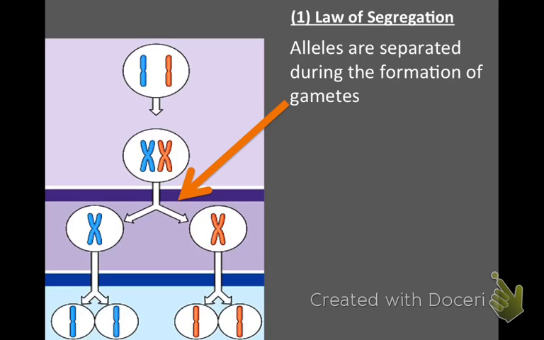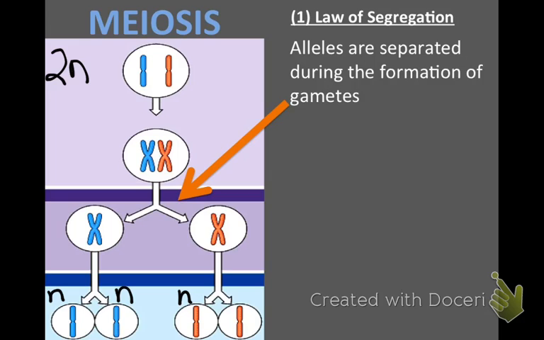Right? And so this leads into the law of segregation, which is going to be part of target 4. So what this states is that alleles are separated during the formation of gametes. And so here's the process of meiosis. We start with this diploid cell, and in the end we get our gamete cells that just have one version